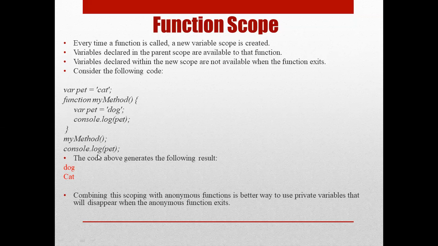So what will pet consist of here? Cat. So it will first print the dog, then the cat. Why? Because the parent scope is available to that function, as you can see. Okay, then